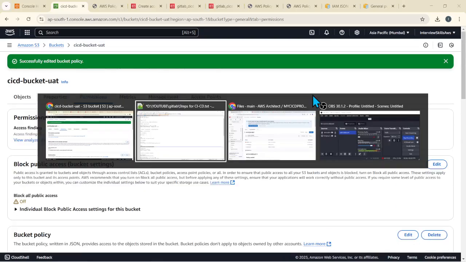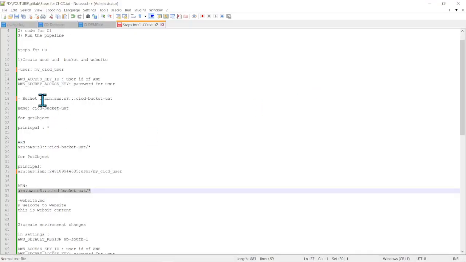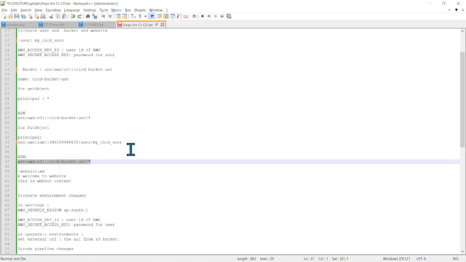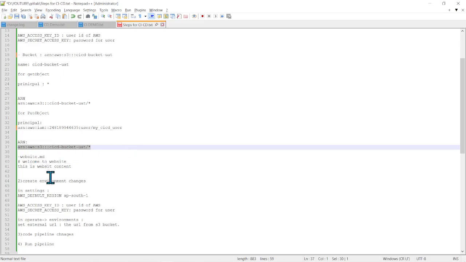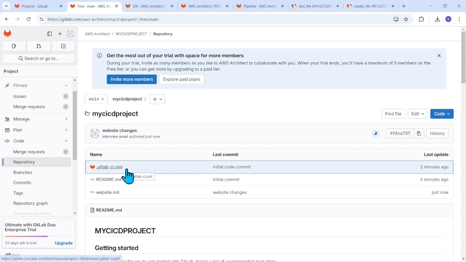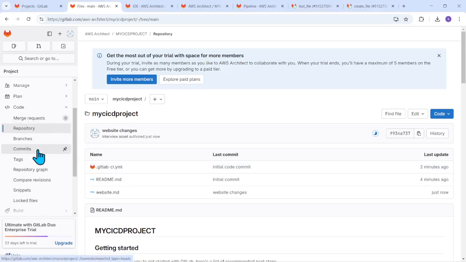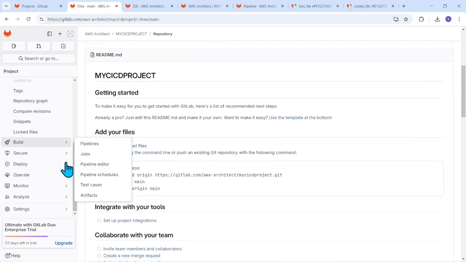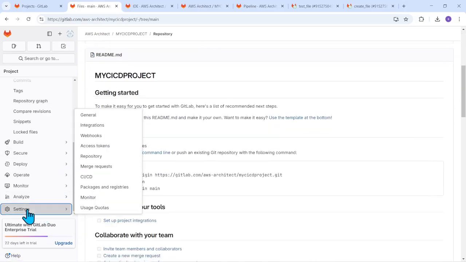So we have now done this step. We have created the user. We're having the access key in our downloaded file. Then we have created the bucket with using principal ARN. Now we also created the website already. Now let's go to the next step, that is create environmental changes, which we need to do in our GitLab screen. So for that, we need to go here,